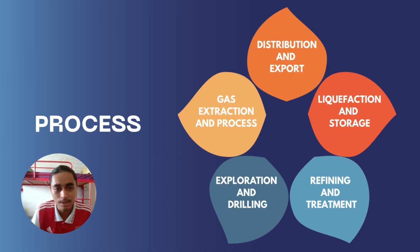At the processing plants, gas undergoes refining and treatment. One key step is fractionation, where the gas is broken down into different hydrocarbon compounds. Another important step is the removal of impurities such as sulfur, which is handled by sulfur recovery units, and carbon dioxide (CO2). This ensures that the gas meets purity and safety standards before use or export. Once treated, the gas moves to the